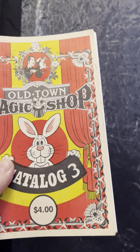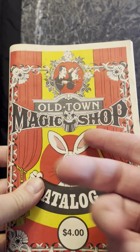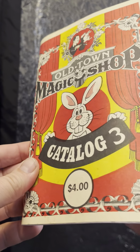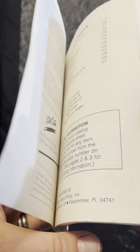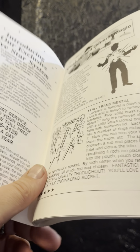But this was one of the first catalogs. Well, actually, the first magic catalog I got was the Old Town Magic Shop. This isn't my original one. I've worn that one out. But I want to thumb through here one more time